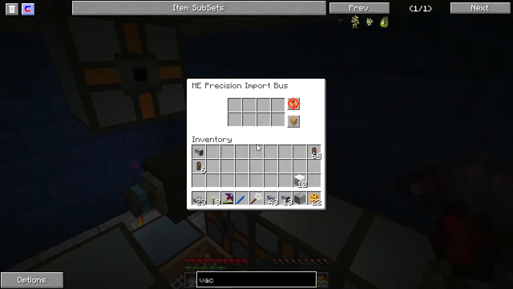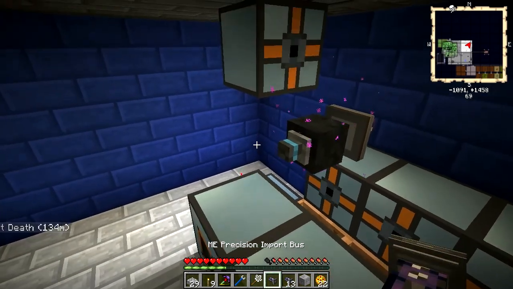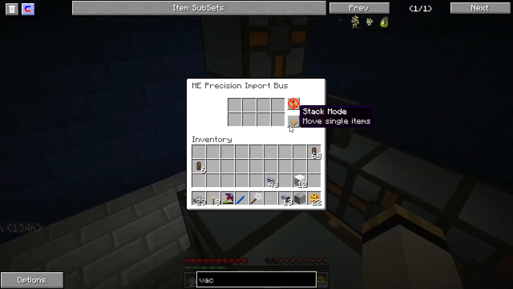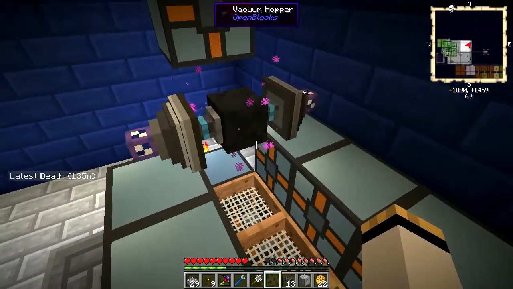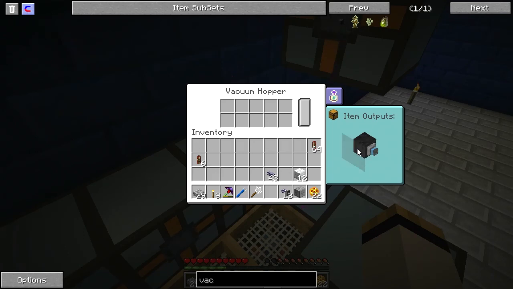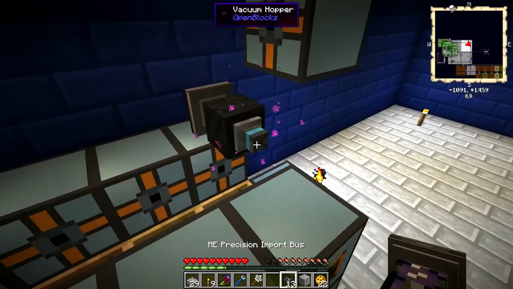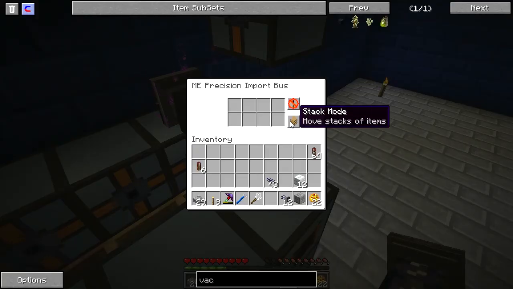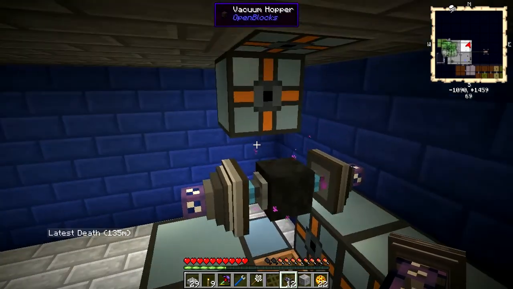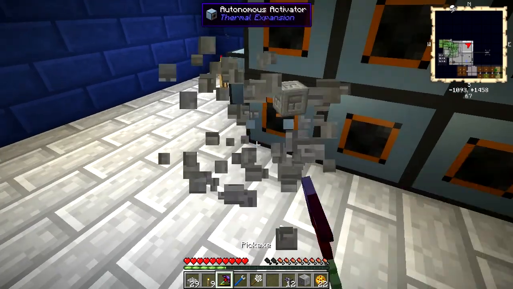Stack. Stack. Good. Now I'm going to use the pre-configured one. Stack. Those 2 are connected. These 2 are about to be. Yep. There. That'll get my items out of this system. Now,